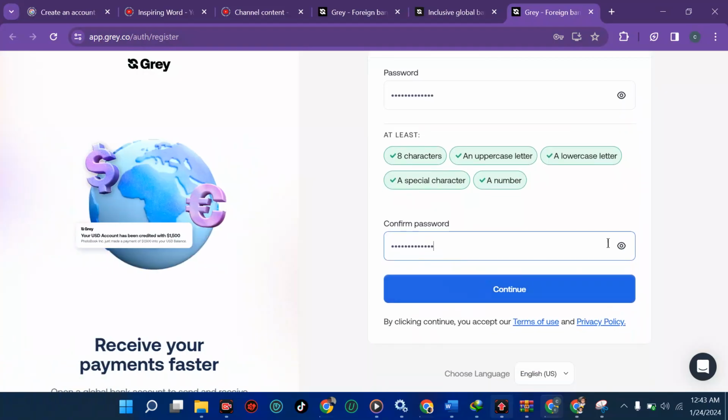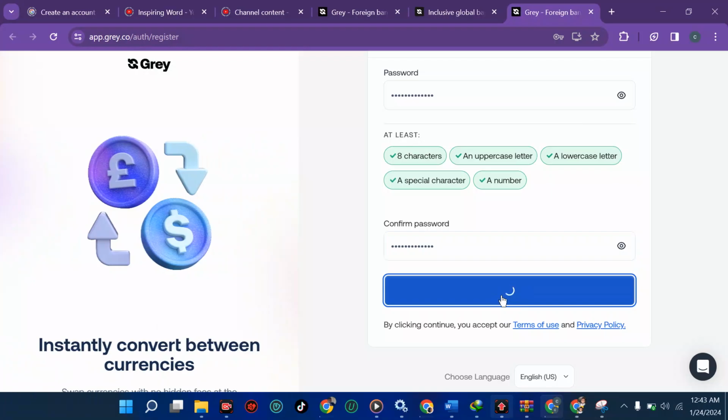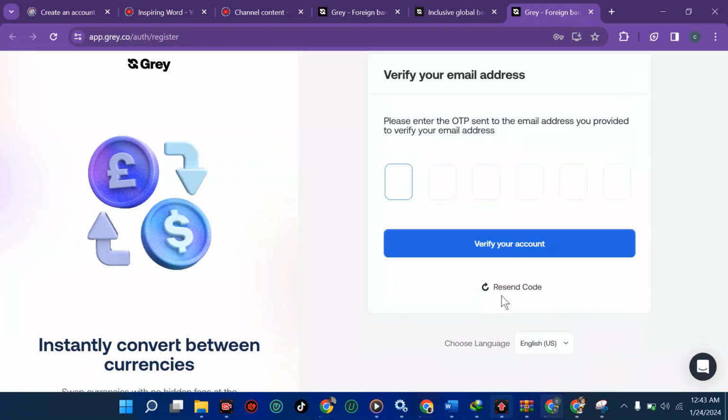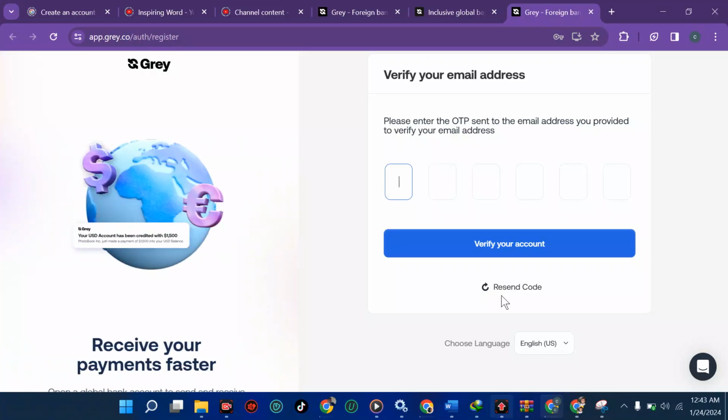So from here you can decide to show your password to see if they match. But I already know they match, so there's no need showing it. I'm going to hit continue. Then we'll move on to the next phase of this, which is checking our email address for the OTP, which is called one-time password. So I already have this trying to tell me